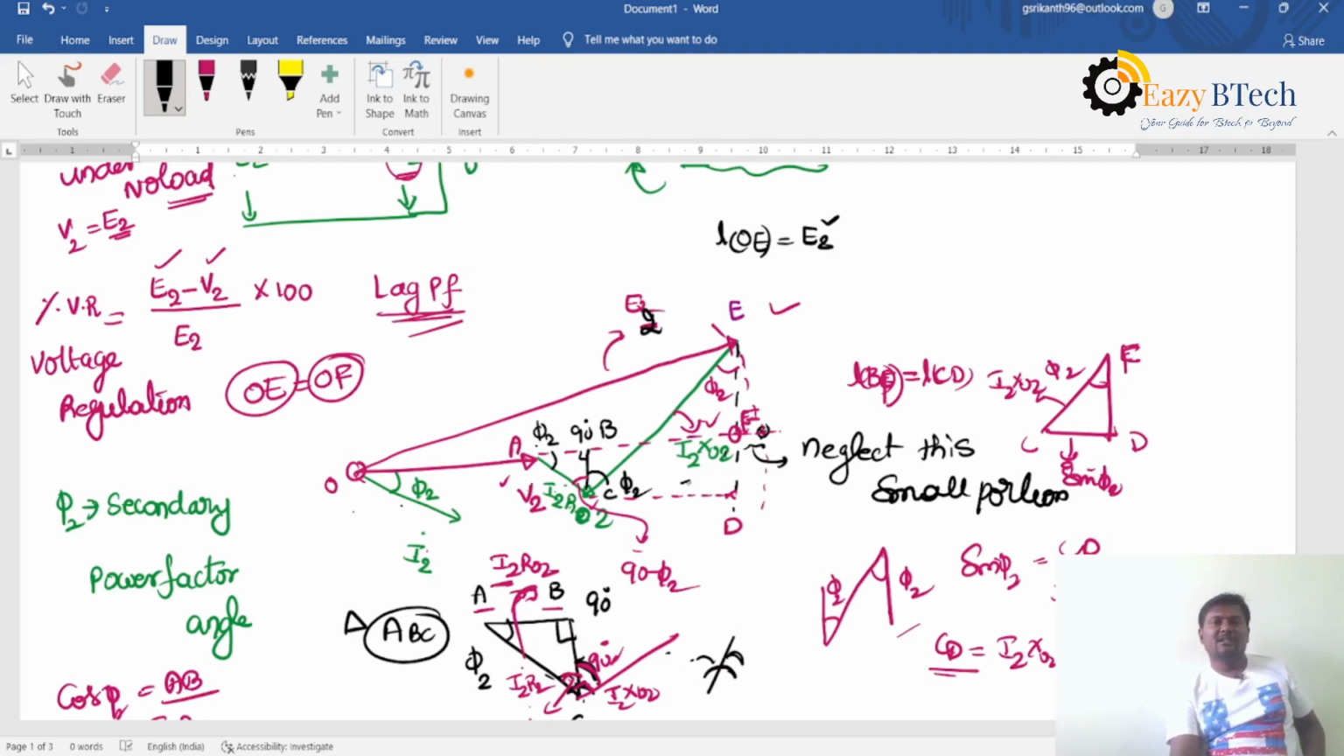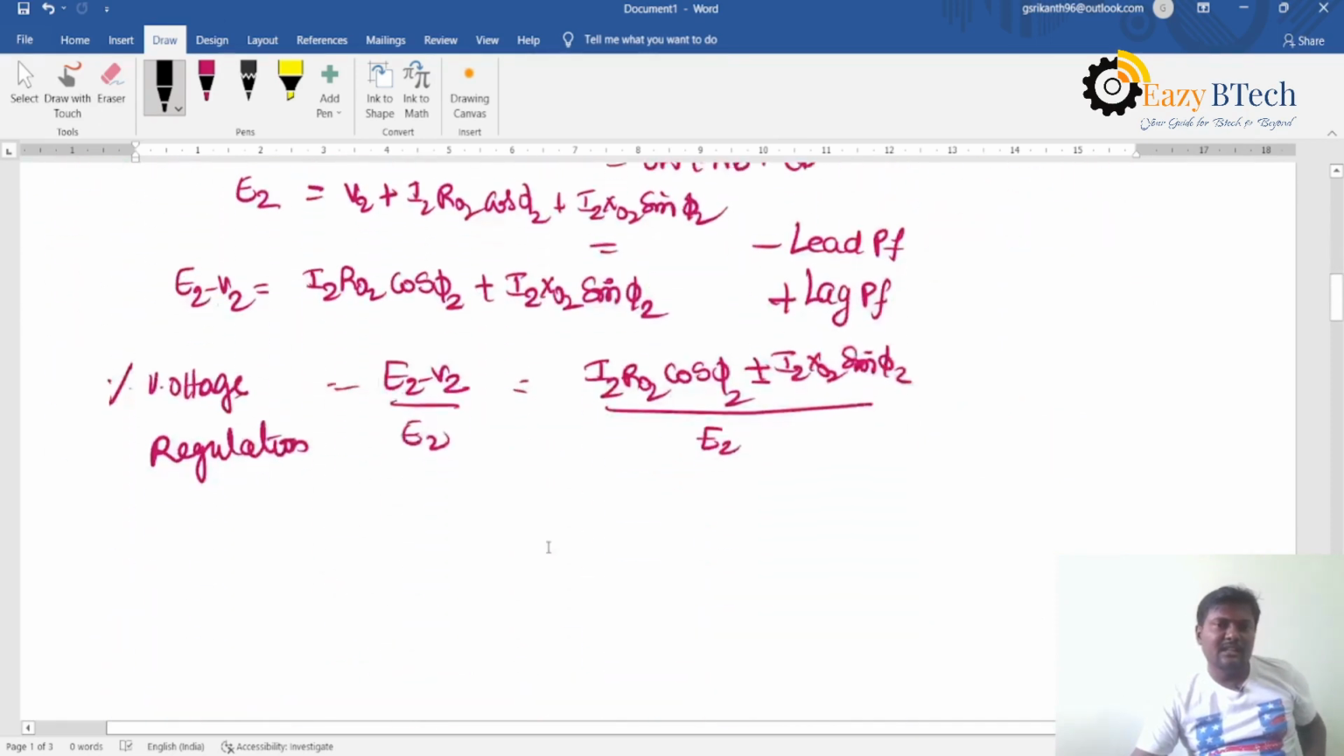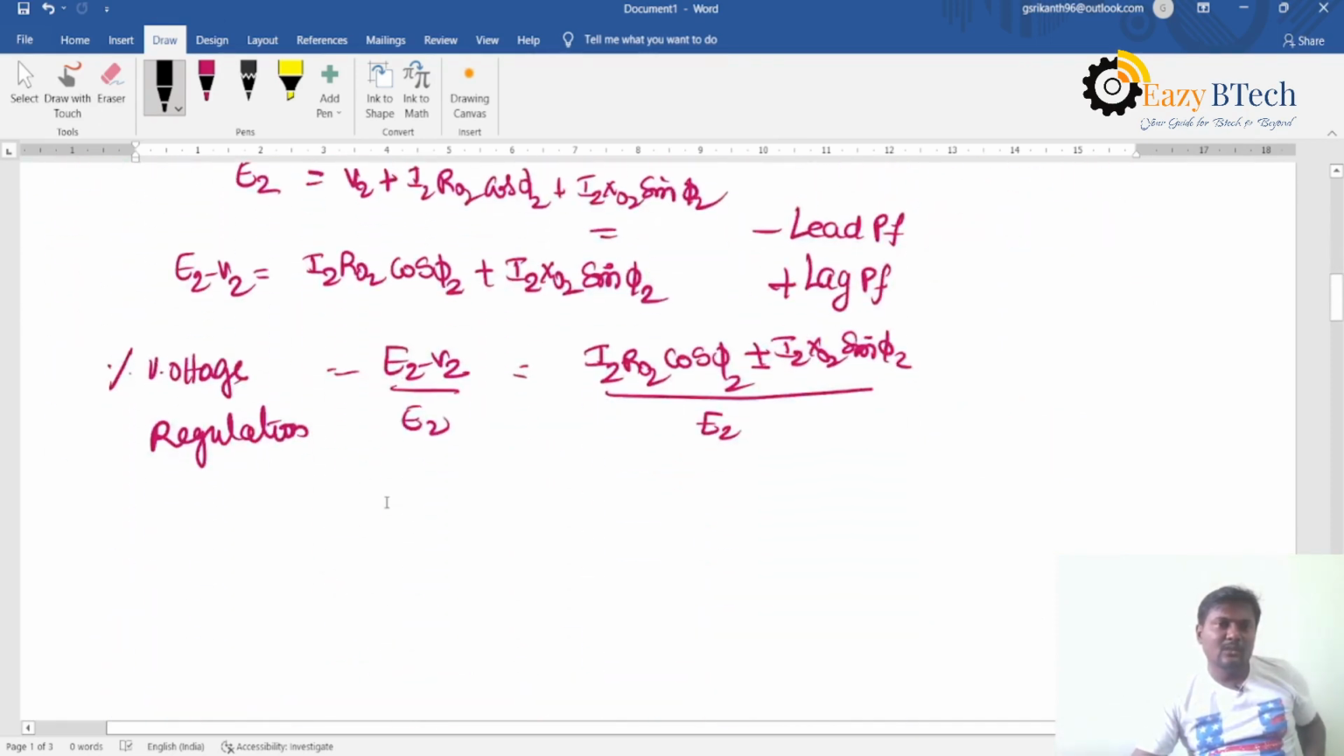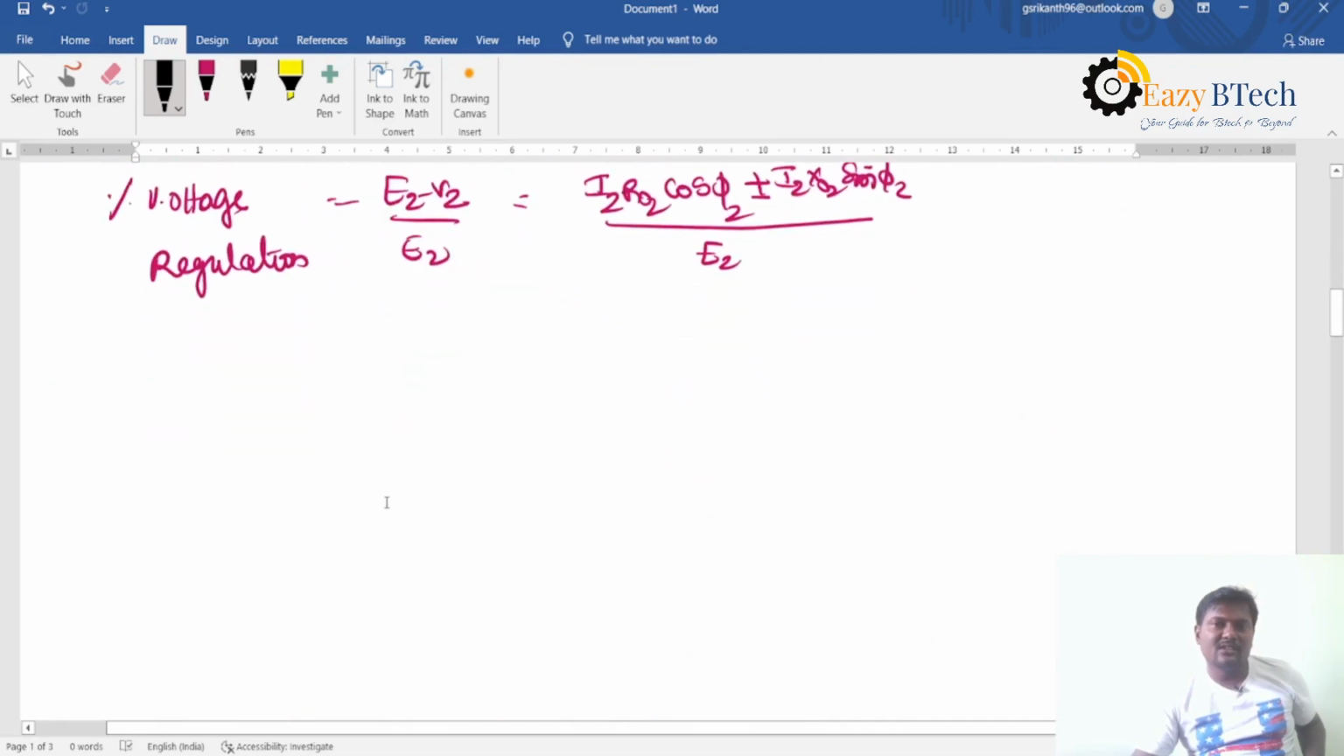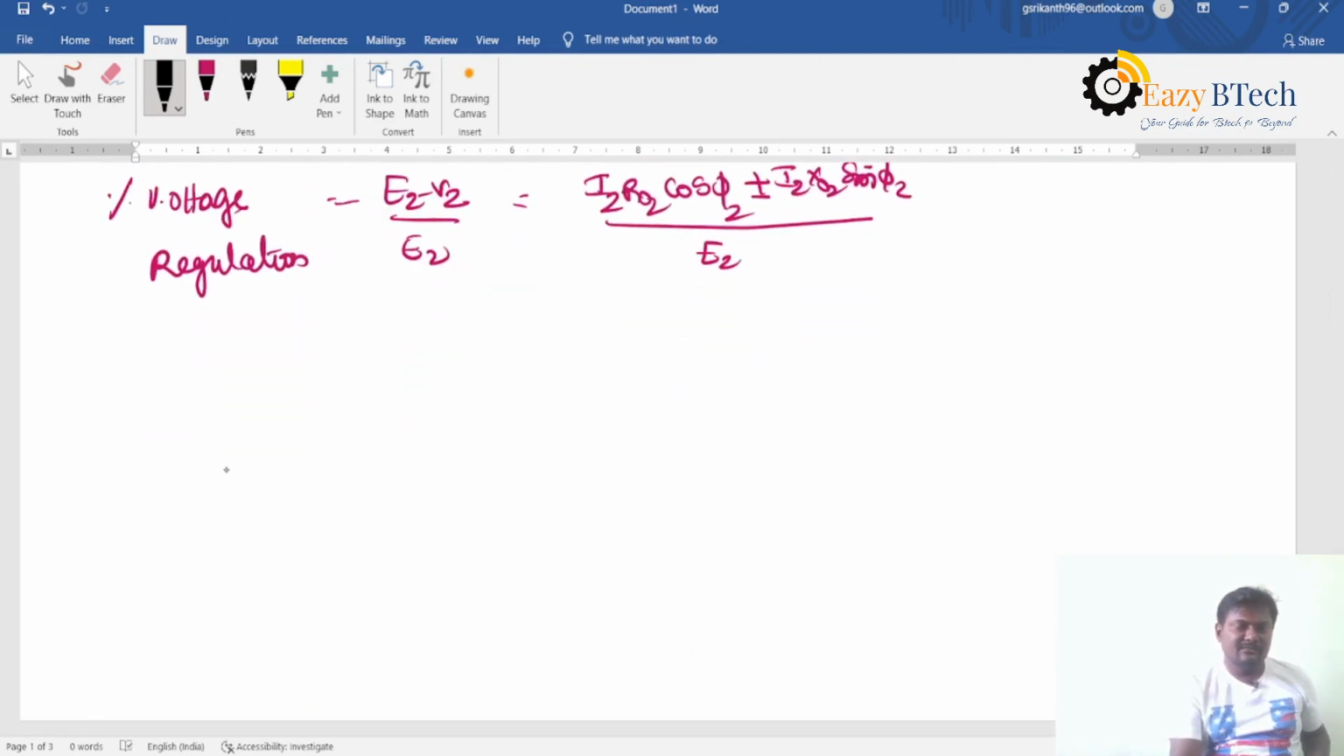Then the length of BF is equal to length of CD. From this one triangle we can get the AB length, and from this ECD triangle we are getting BF length. Then add and subtract, then you will get the voltage regulation formula: I2 R02 cos phi 2 plus or minus I2 X02 sin phi 2 divided by E2. Now for a leading power factor of the load,